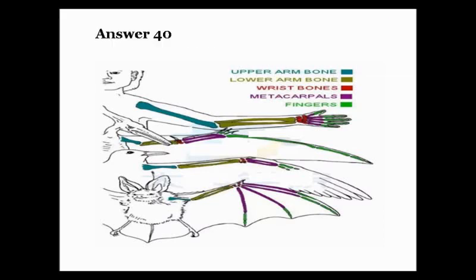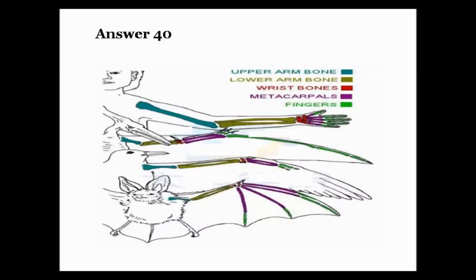The picture shows information about the bone structure of different creatures. To begin with, there are 5 types of bones, including upper arm bones, lower arm bones, wrist bones, metacarpals, and fingers. And according to the graph, for the upper arm bones, which is represented in blue color, lower arm bone, which is represented in dark green color,